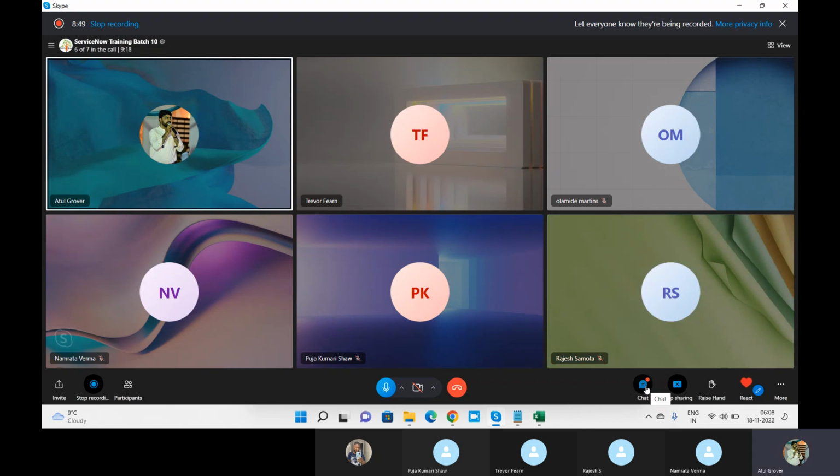Now it's much more stable, so you can ask if you have any question. Namrata, Pooja, Trevor, Ola, Rajesh. Any doubt? Any question? How's work? Atul,